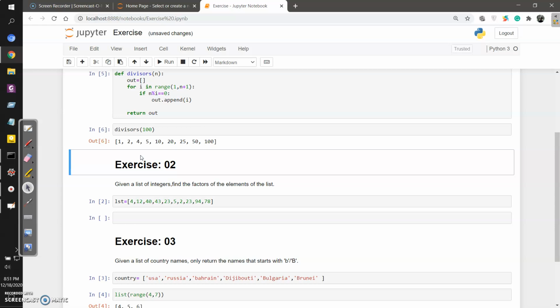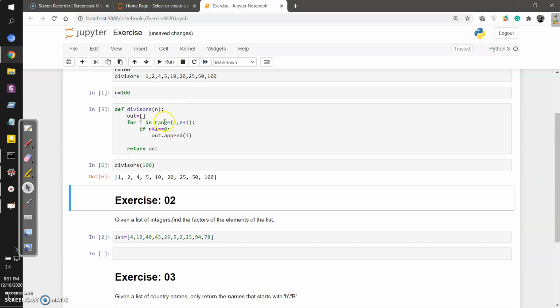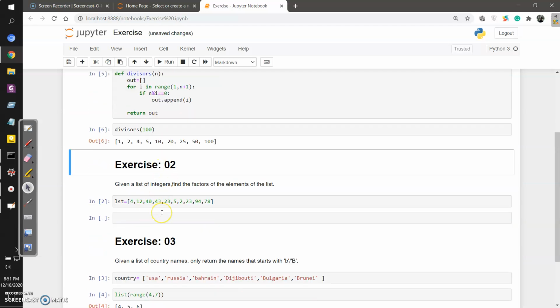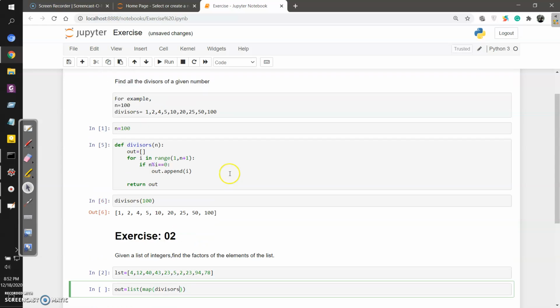What it is saying is that a list of integers is given. I have to find the factors, that means the divisors, of all the elements. Now how can we do that? That means I have to call this function on each of the elements. One way to do that would be to create a for loop, go through each of the elements and run this thing. But a much more efficient way would be, let's call it out equals list of map. If you remember, inside the map I will call a function. I can call a user defined function as well, and the function is divisors, and this divisors is already run here,